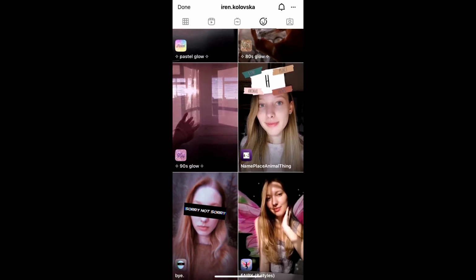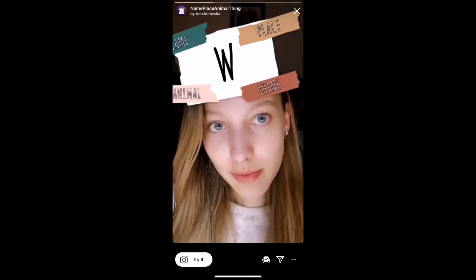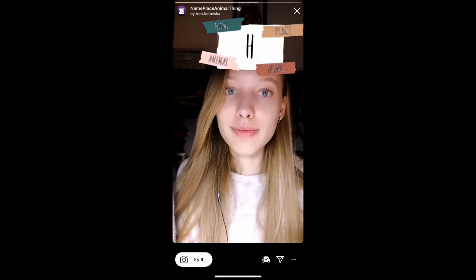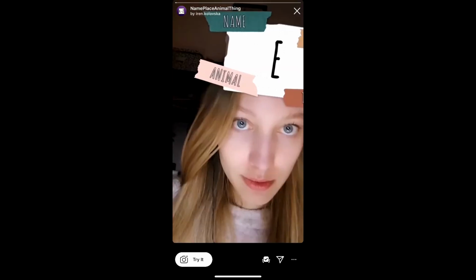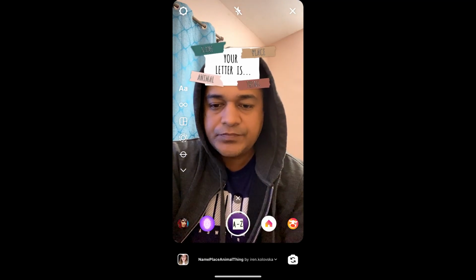So check in our filter gallery and this is the filter. Name, place, animal, thing. Tap on it, and you will see this preview. From here you can save it to your Instagram camera tray and you can tap on try to try the filter. Okay, and suppose you are not getting the effect like this, then what you can do,